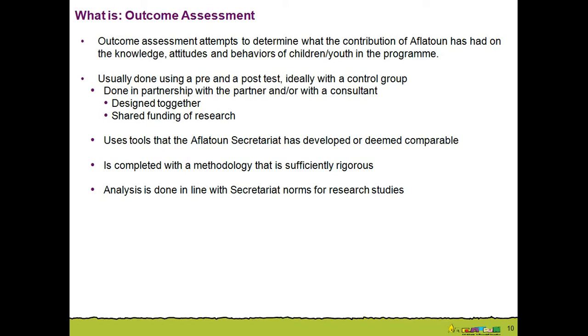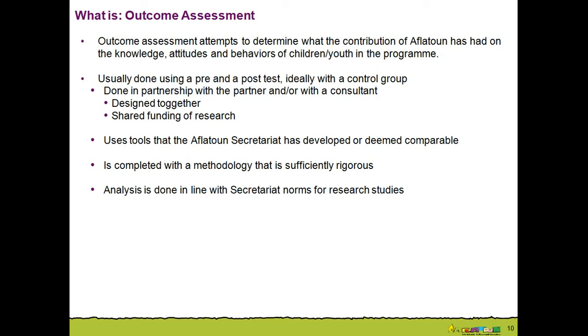Another component of such research is that it should be done in partnership with the partner and in agreement with the partner, and it should also be done whenever possible with a consultant so that we have some external eyes on the issue. This should be designed together, and it should usually be done through shared funding of research. So maybe in-kind shared funding or shared monetary funding, or perhaps we'll need to raise funds for this research.